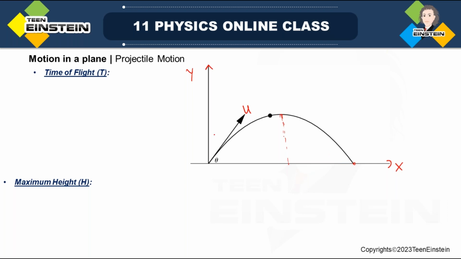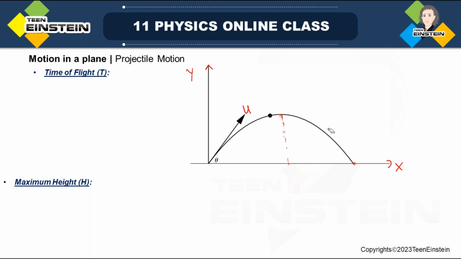In this case, look at one thing. For the time being, you just learn that the path of the projectile will be parabolic and very much symmetric like this. That means the total velocity vector of the particle here, and if you draw a line over here, the total velocity vector at this point and at the other point will be the same. So that's how it is very symmetric.